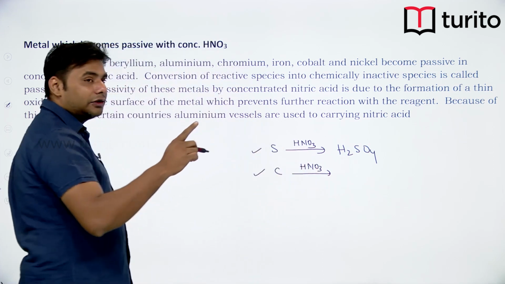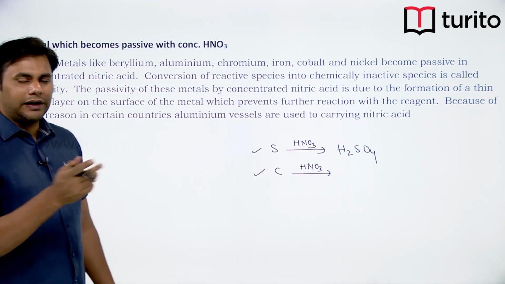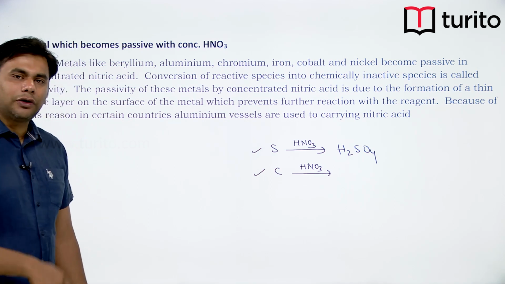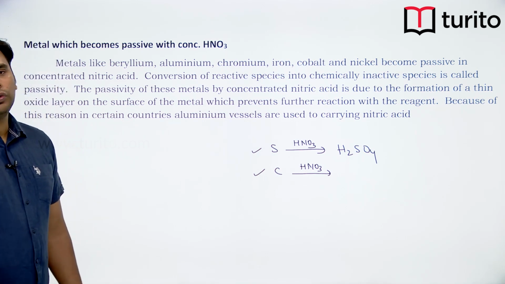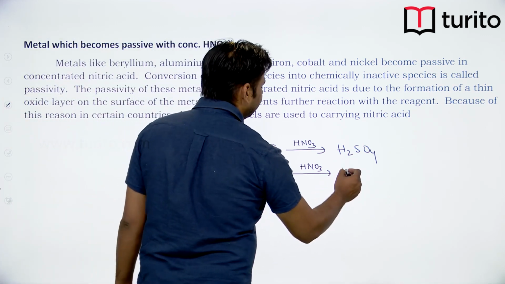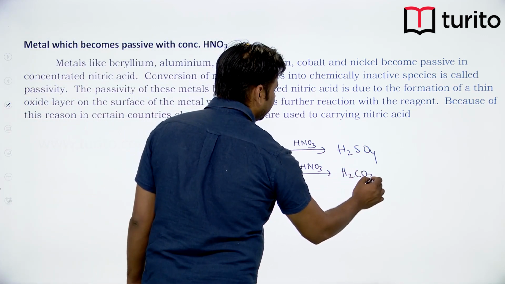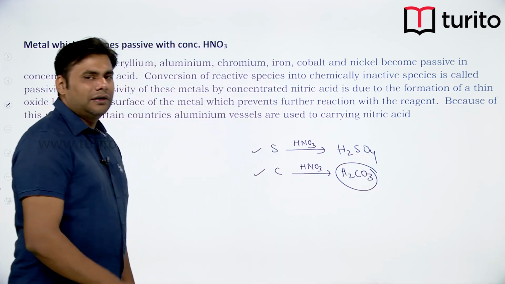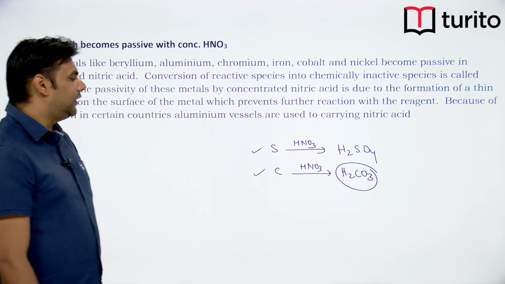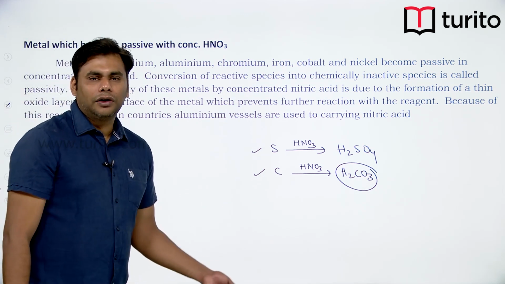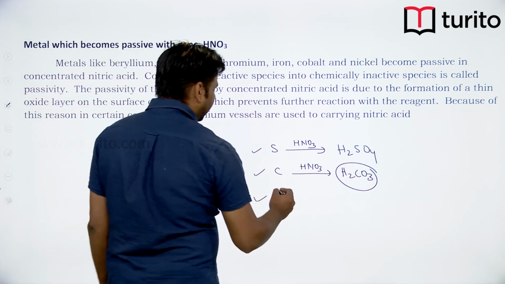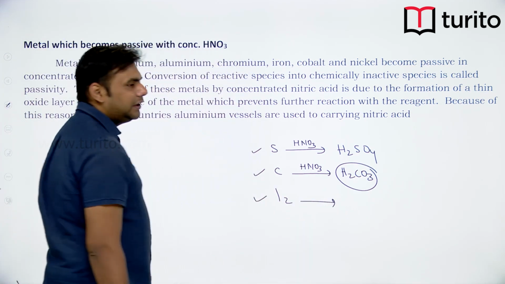Whenever you look at HNO3, the first thing that should click in your mind is its oxidizing behavior. HNO3 is oxidizing in nature, so it will oxidize carbon into CO2. Now CO2 is acidic in nature, so it will take up water from the solution and get converted into H2CO3. Okay, H2CO3 is wrong because H2CO3 gets converted into CO2 only. But if there is an option of H2CO3 and no option of CO2, then you have to go with H2CO3. Similarly, if you react this with iodine,